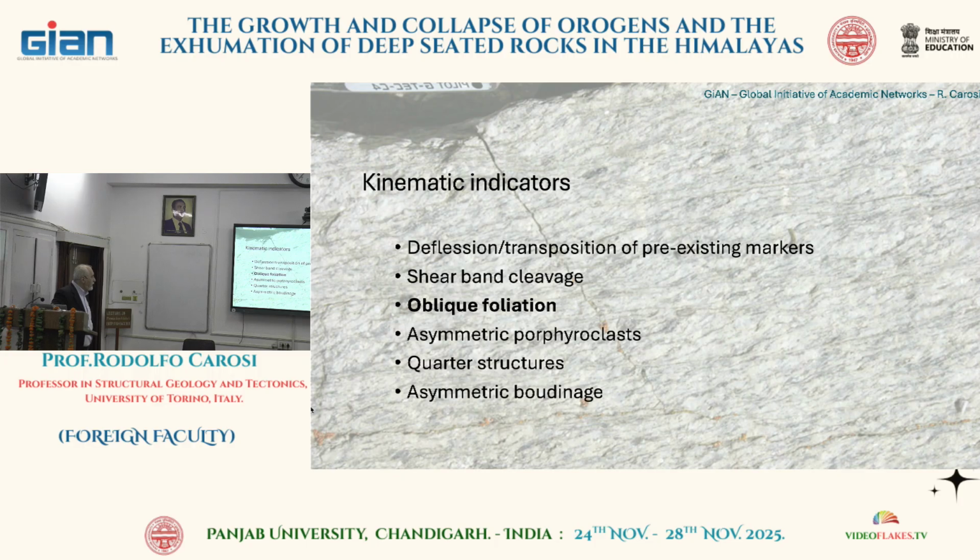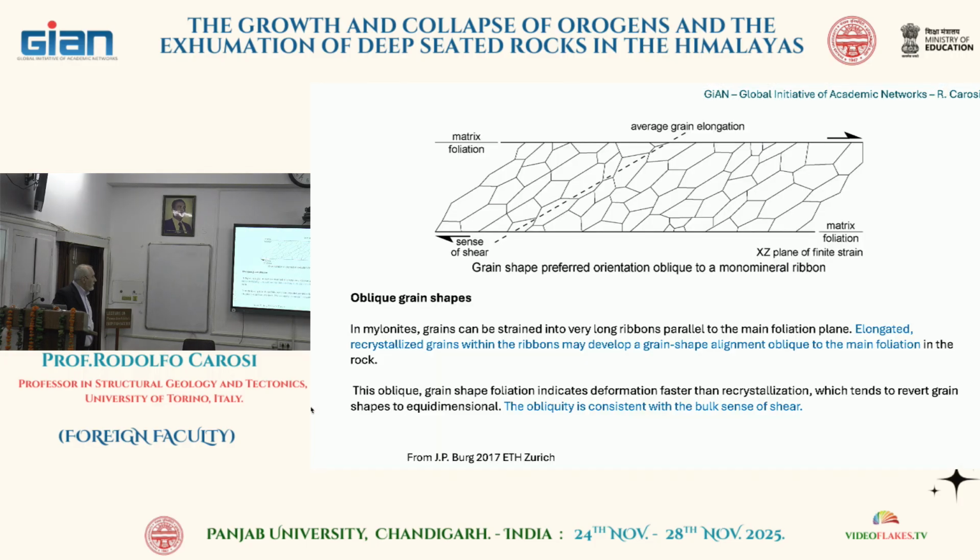Okay, oblique foliation. You can have this kind of kinematic indicator in mylonites because the single grains, such as quartz, very common, are strained, deformed in very long ribbons parallel to the main foliation plane. Now, very whitish ribbons in the rock. These are the ribbons that, if you give a look inside, you can observe recrystallized grains like this that are elongate in the direction of extension and shortened in the direction of shortening of the finite strain